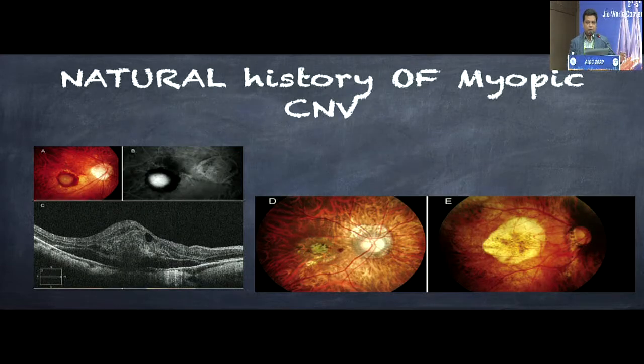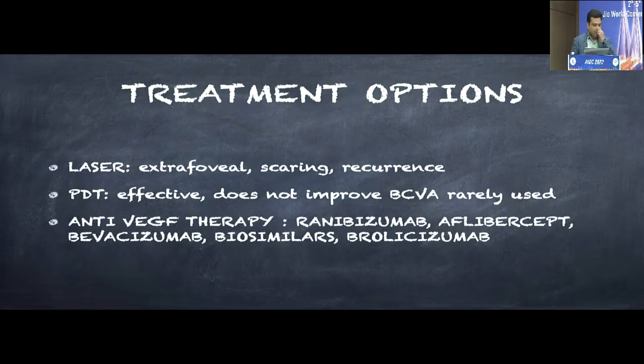What happens to the CNVs in myopia? The natural history of myopic CNVM is that either they go into a scar formation or they go into a complete atrophy of the macula. These are a few pictures of the natural history of the myopic CNVM. Coming to the treatment options, we have